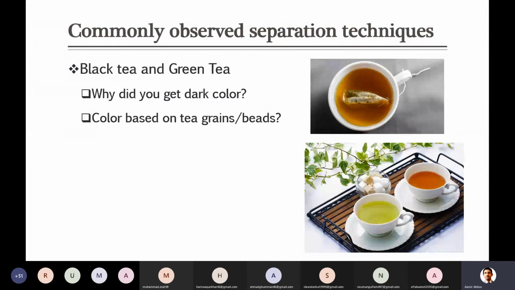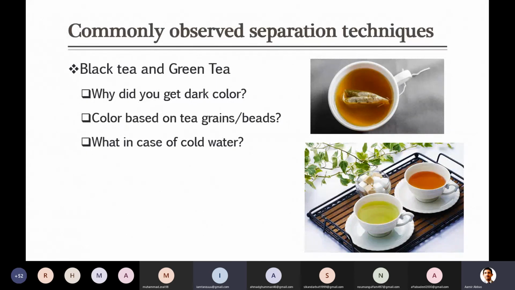Okay, right. Actually, this color comes from those leaves or beads. So this color which we see usually is just extracted. Something comes out from those beads or the grains. So what happens if you just put it directly in only cold water? Do we still get some color? Sir, we will definitely get some color, but it will be very light. It will not be dark because the extraction will not take place in such a great amount.